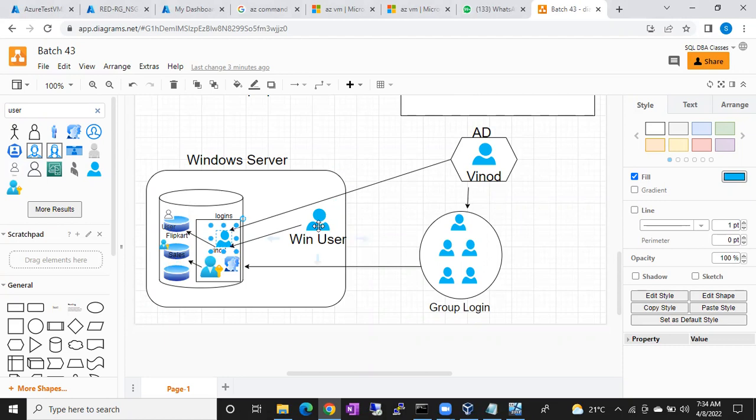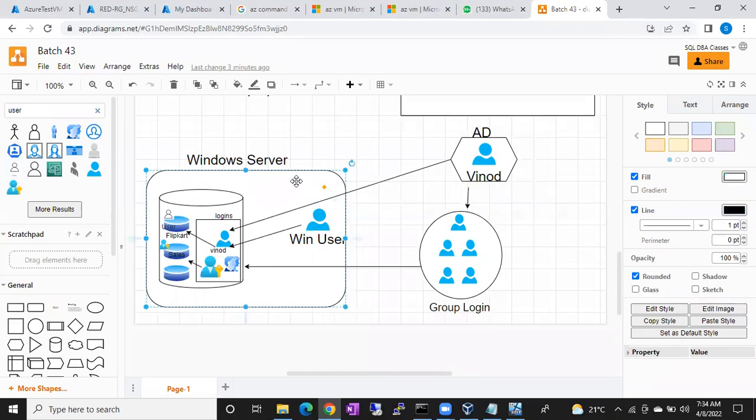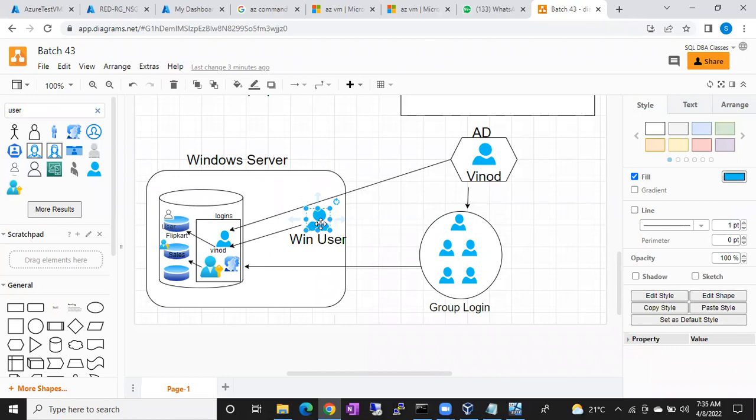The only challenge is, if you are trying to create individual users in individual servers, and you have 100 servers, for one person you have to create him 100 times. If 1000 servers are there, 1000 times I have to create. If there are 20 people in the DBA team, then for 1000 servers, 20,000 users I have to create. Remember?